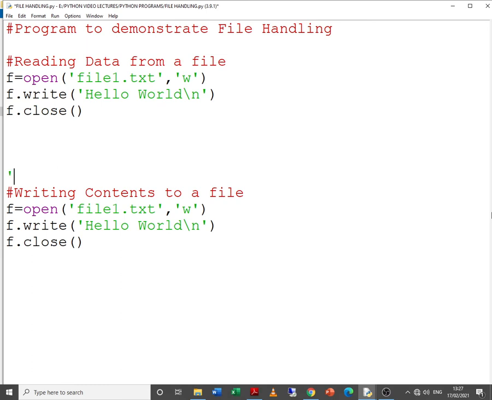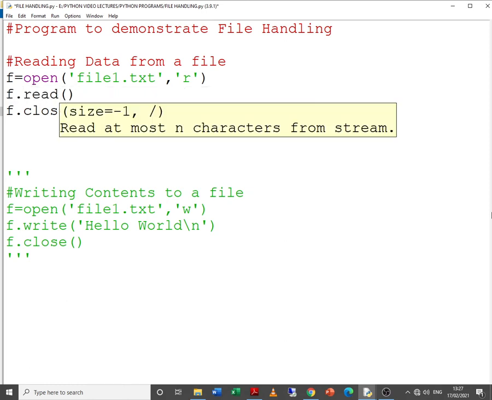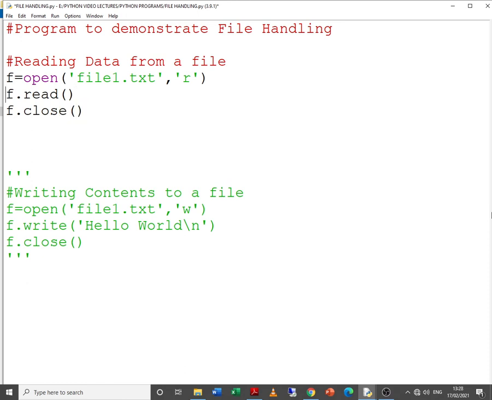And I will put this in comments because the data is already written to the file, we want to just read. Now, when we open the file to read, the file mode will change to r because we want to read the file. Because we are not writing, it will be f.read, that is the read method. Now, whatever is read, we want to print, so that will come within print. So, print f.read.